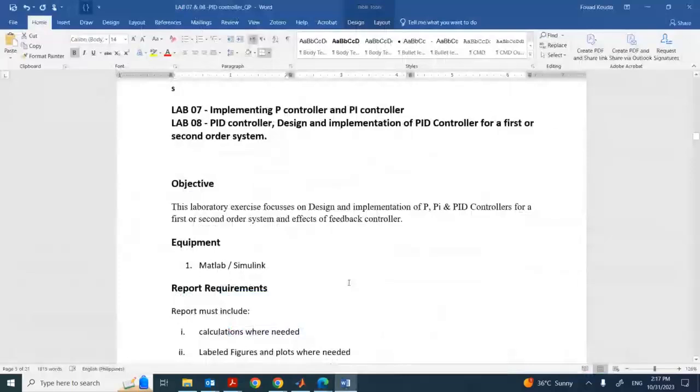Okay, so welcome to this lab. Today we'll cover lab 7 and 8. Lab 7 is about implementing proportional controller and then PI controller. And lab 8, which is a continuation of lab 7,